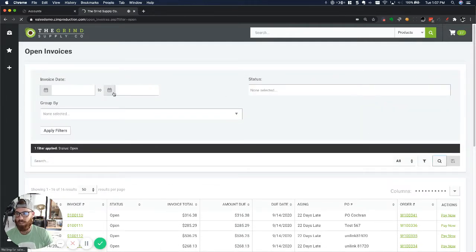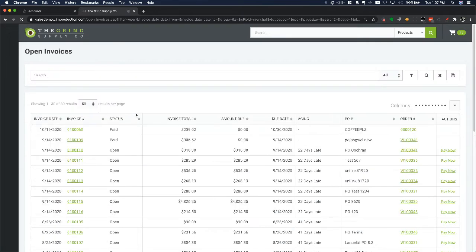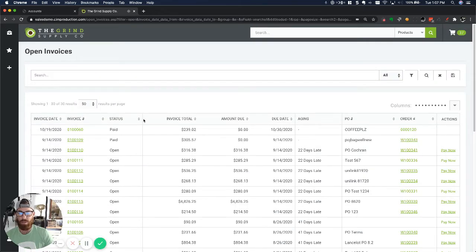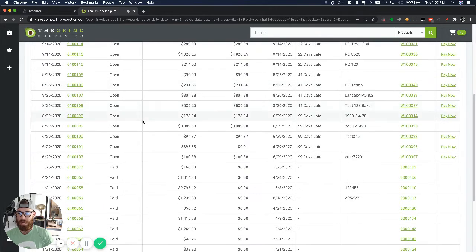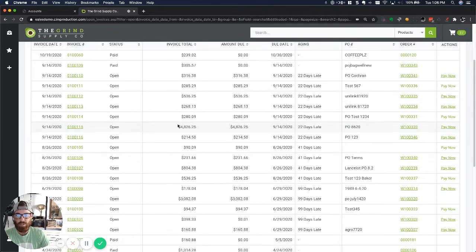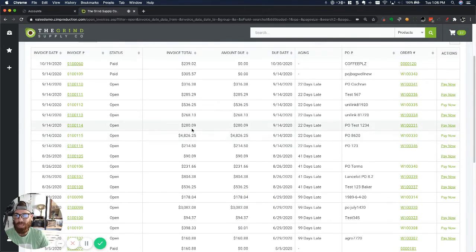You can do a date range if you wanted to and group it by certain parameters. But here you'll notice there's a consolidated view of the customer's invoices associated with the invoice history within Sage 100. So this is all up to date. Because it's a demo site, you can see we're not paying a number of these invoices. But nevertheless, customers can come in, look at the aging, look at the due dates and sort by due dates,